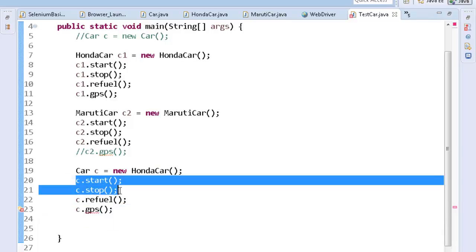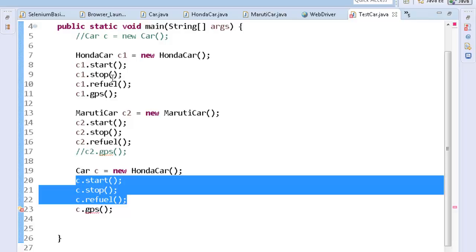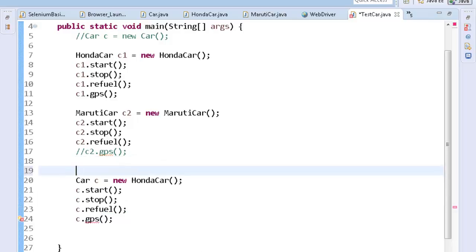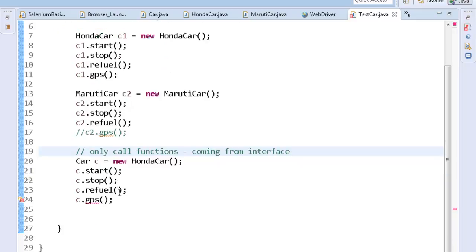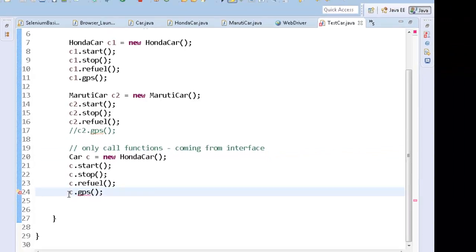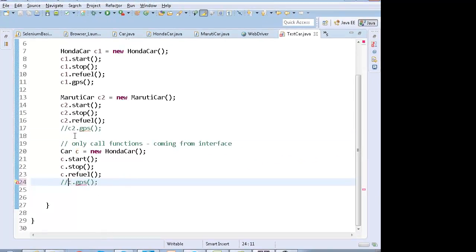You can only call the functions which are coming from the interface. But what is the advantage of this? The advantage of this is that, I'll just put a demarcating line over here.